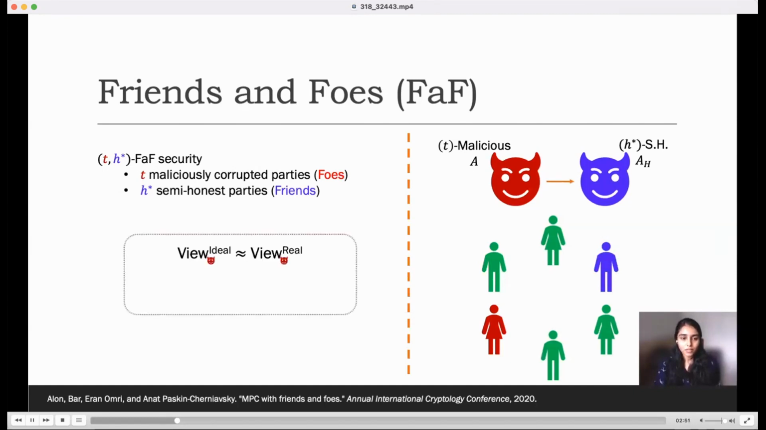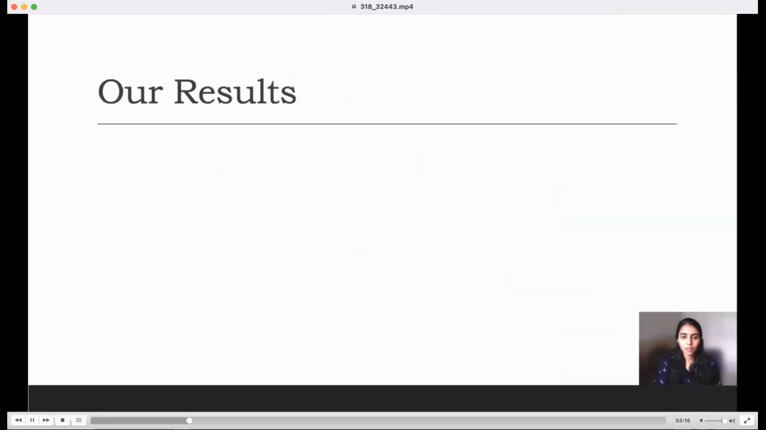Now, the security is required to hold in the face of both these adversaries. That is, the private inputs of n-t parties not under the control of the malicious adversary are required to be secure. Additionally, the inputs of the n-t-h* parties not under the control of either of these adversaries are also required to be private. Given that this friends and foes notion is more practically relevant, in this work, we focus on constructing FAF secure